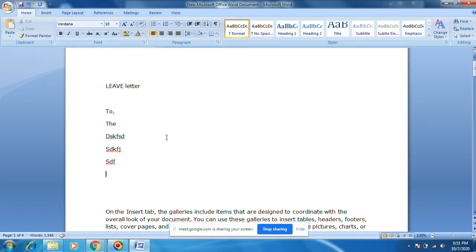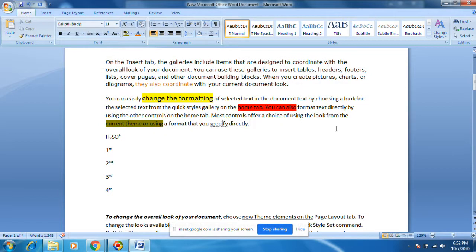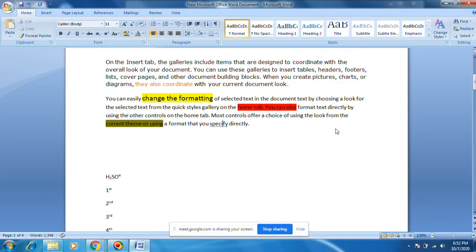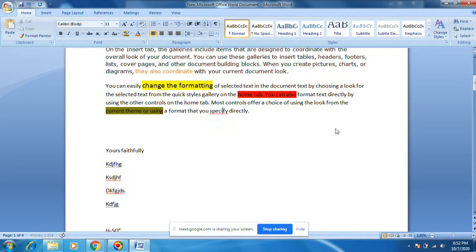At the end what you do is write yours faithfully, with the student name and all. This should be right aligned, in this place. Now we usually write it on the left, correct.